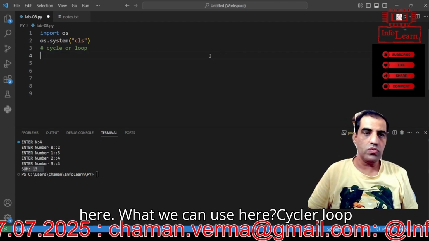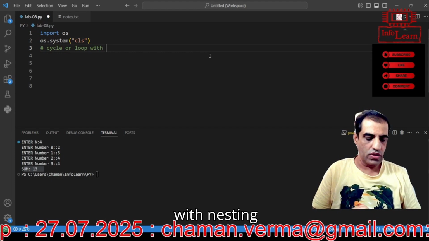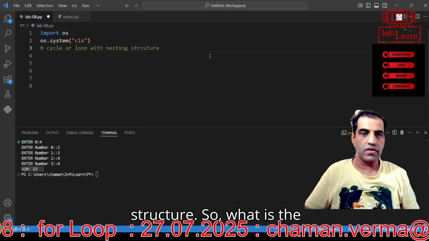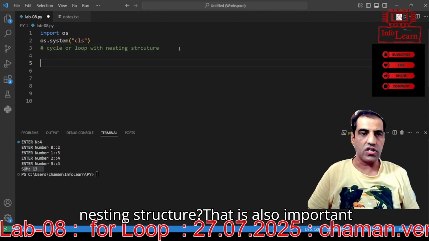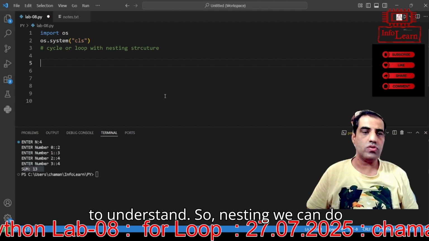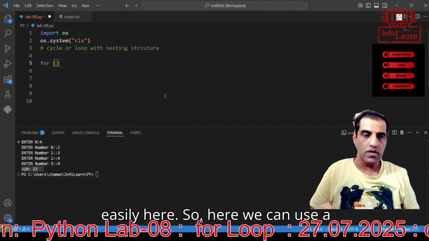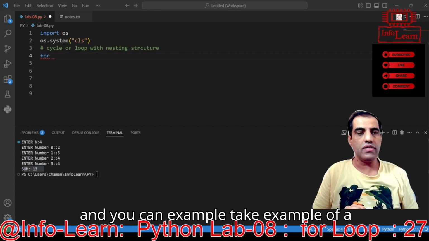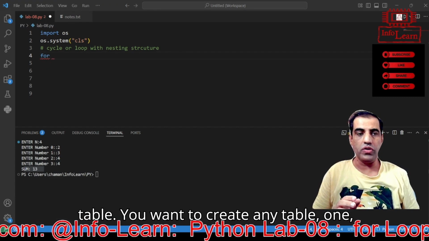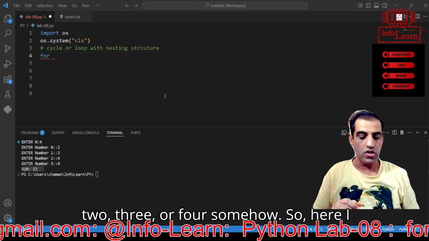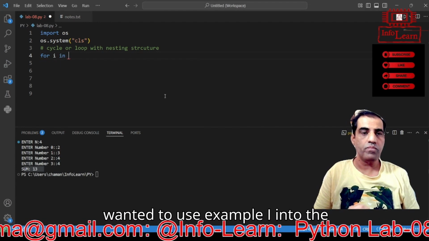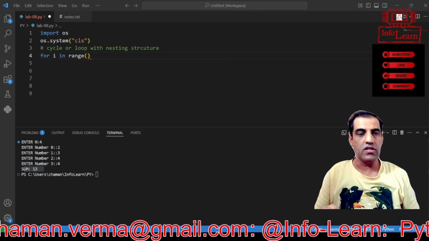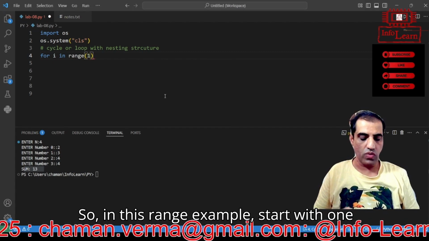Here what we can use is a cycle loop with nesting structure. So what is the nesting structure? That is also important to understand. So nesting we can do easily here. Here we can use a for cycle, and you can take the example of a table. You want to create any table, 1, 2, 3, or 4 somehow. So here I wanted to use, for example, i in, this is a membership operator. Then I can start my range here. So in this range, example, start with 1 and go to